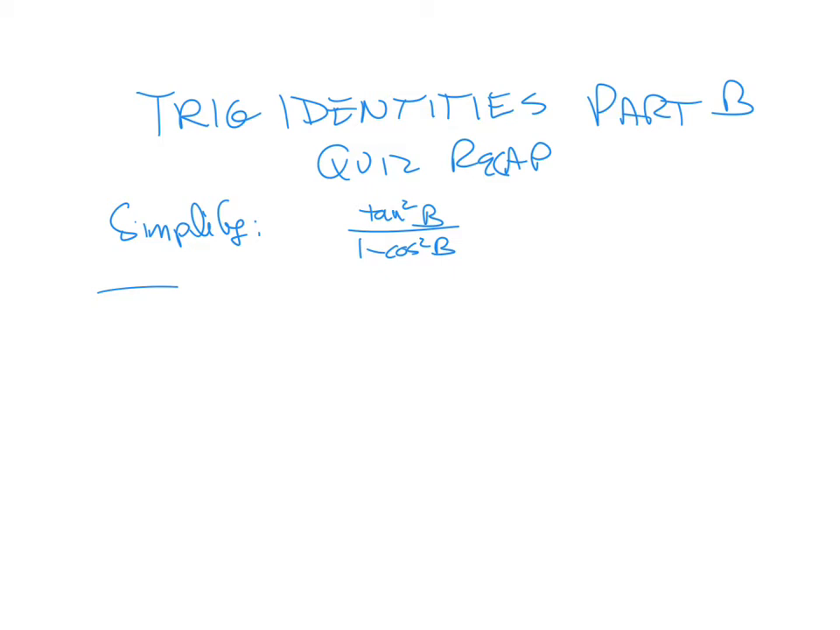So the example we're going to follow that's similar to this original question will be cotangent squared b over 1 minus sine squared b. So I'll start fresh at the top. Cotangent squared b over 1 minus sine squared b. Okay, so I'm going to take two different approaches on this to show you that